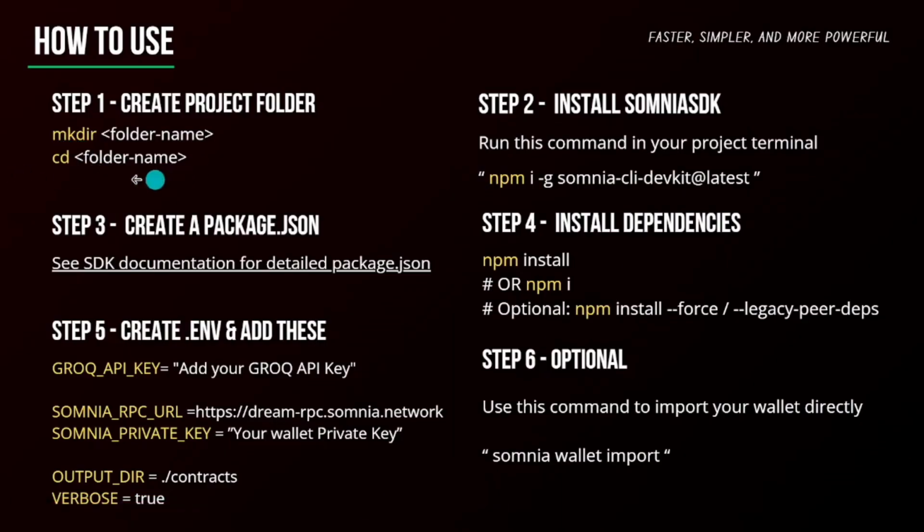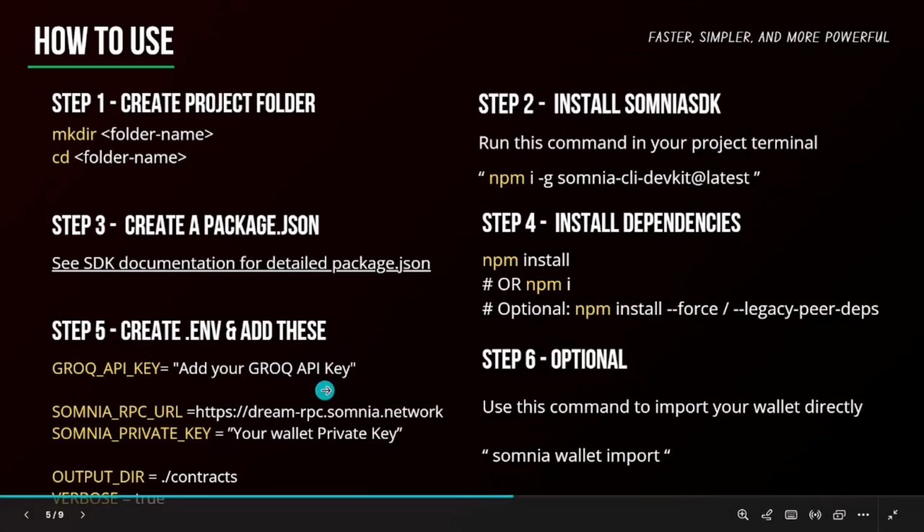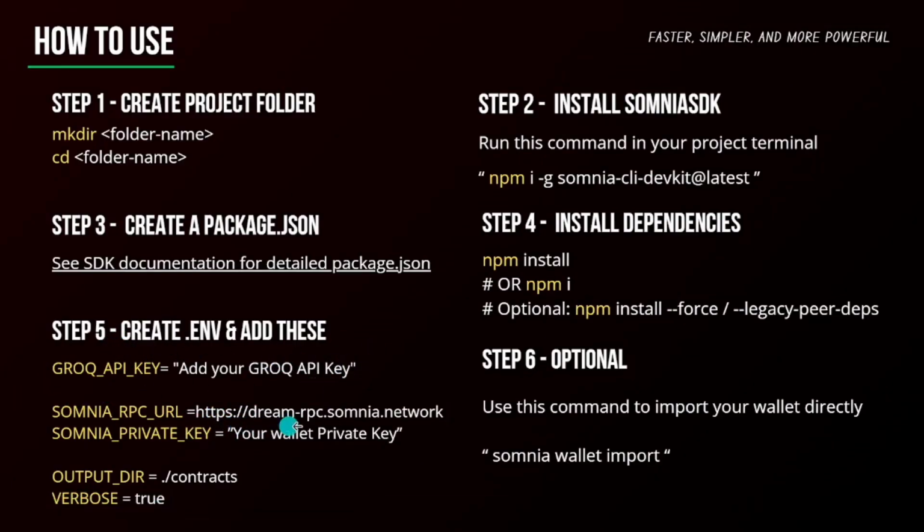So first we need to create a project folder, create a directory, and get into the directory, and then we need to install the Somnia SDK. We need to just run this single command. Yeah, you heard me right. Just from this single command the entire SDK is powered, and then we need to create a package.json where we